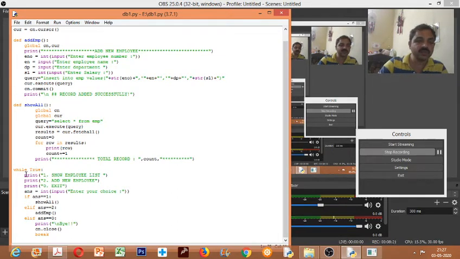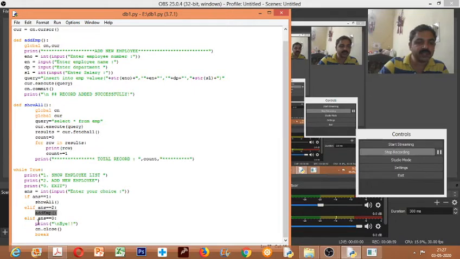We'll see that. So here we wrote option 1 for showing employee, this is for display. Option 2 for adding new employee. 0 for exit. So this is just for display. Then we are asking the user to enter your choice. So user will be entering the choice that will be stored as ANS. If ANS equal to 1, that means when the user enters option 1, you are calling the function show all. So show all function will be executed. If the user enters option 2, then add emp function will be called.